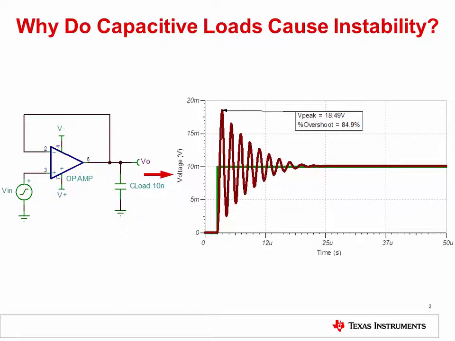Part 1 of the stability series discussed that the most common cause of stability issues in amplifier circuits is capacitance on the output. Some common circuits that frequently have large capacitive loads are voltage reference buffers, cable shield drive circuits, and MOSFET drive circuits. In the case of the MOSFET and cable drive circuits, the capacitive load is not always immediately apparent, so be sure to examine if the output is connected to anything with parasitic capacitance.